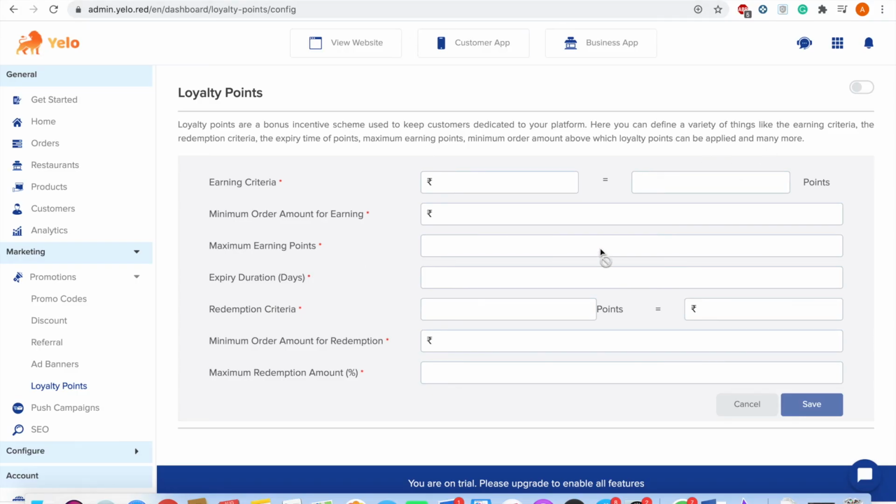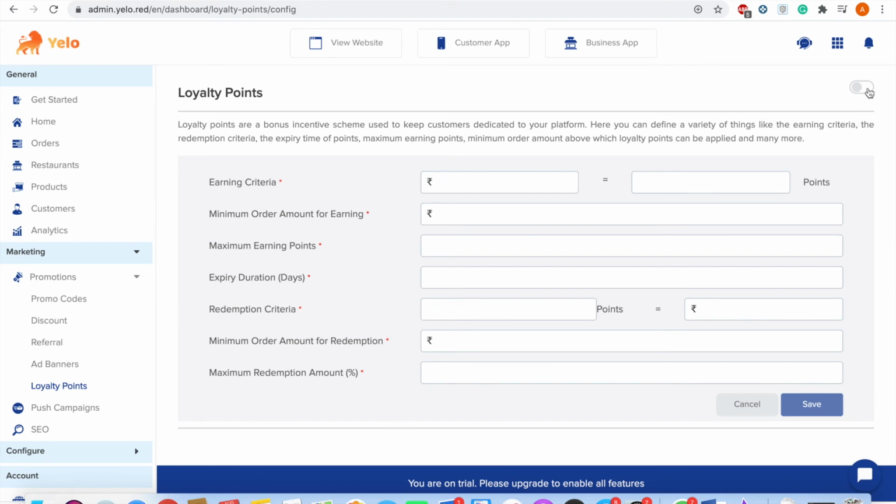So loyalty point is basically a scheme in which customer can earn some points after making a certain purchase, and they can redeem the points while making a purchase. So admin can set a certain criteria for earning the loyalty points and the redeeming criteria as well.